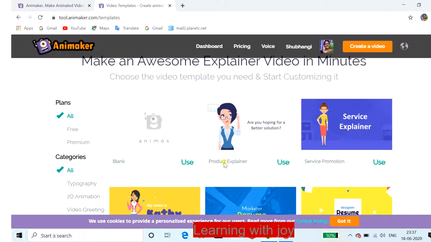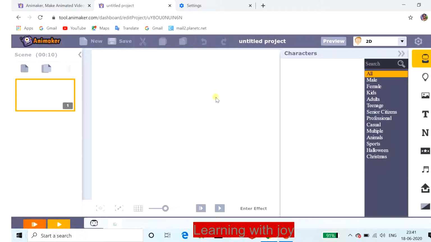So make your Flash on, because whenever you want to do any animated video or graphical interface, your PC should support a graphics card. Okay, so make it on. After that, this blank template will come in front of you. From this blank template you can take whatever you want.